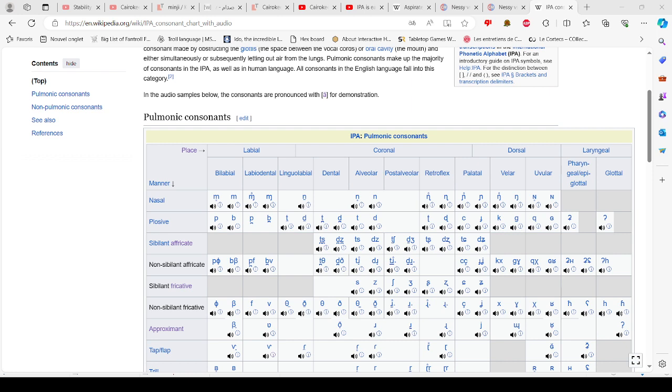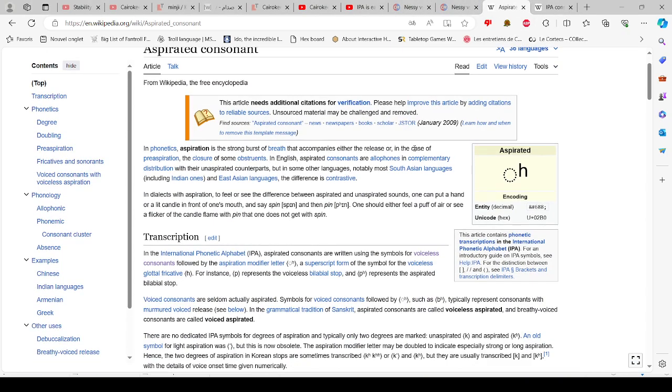And even in the case of learning a language, don't use a transcription system adapted for the source language. At the very least, if you really want to use something else than the IPA, use a transcription system which will match the target language, not the source language, because you want to adapt yourself to the target language. So anyway, I don't know if I explained aspiration that well, but I just want to point out